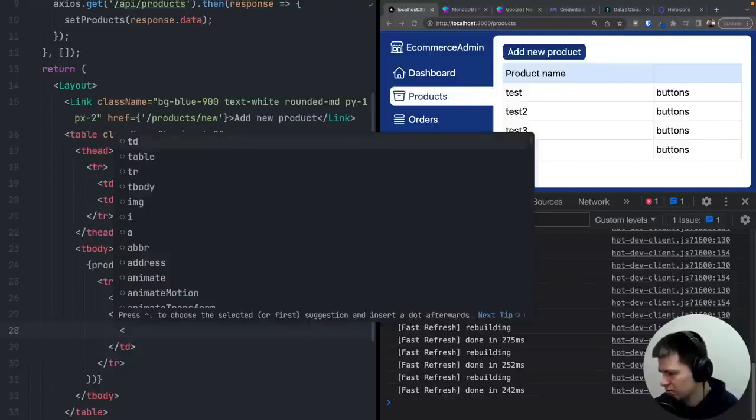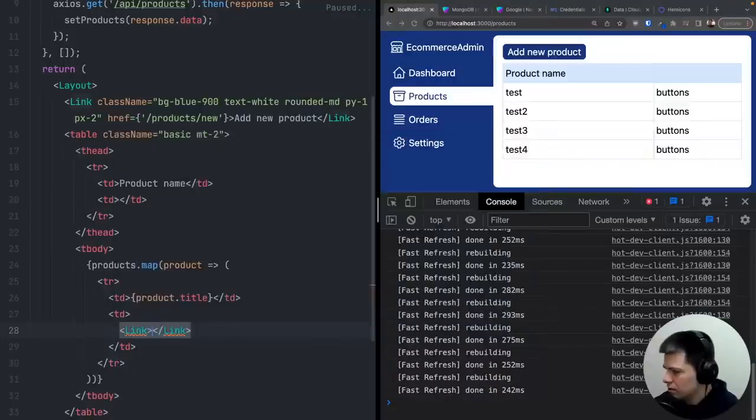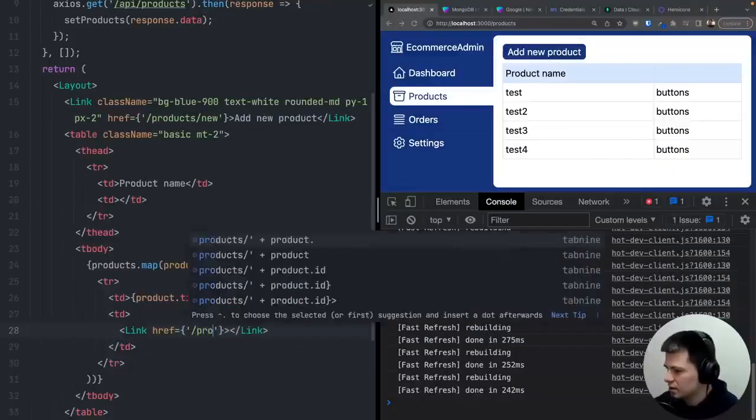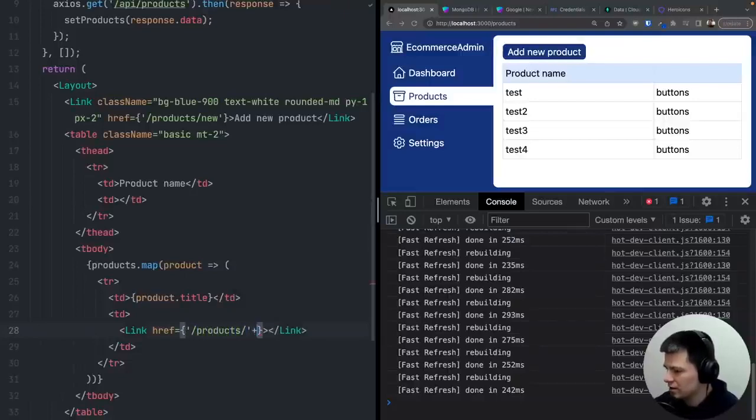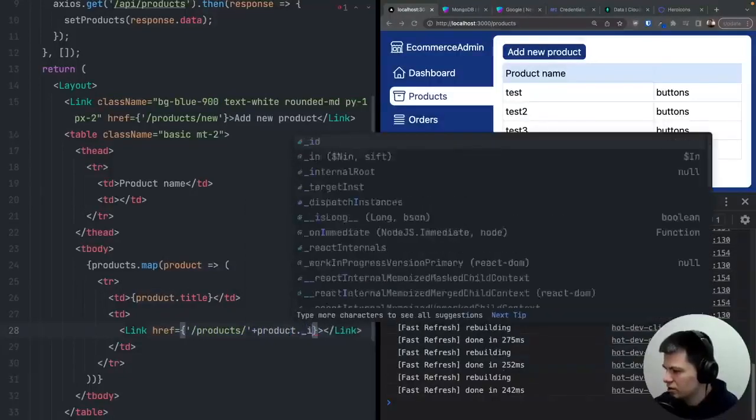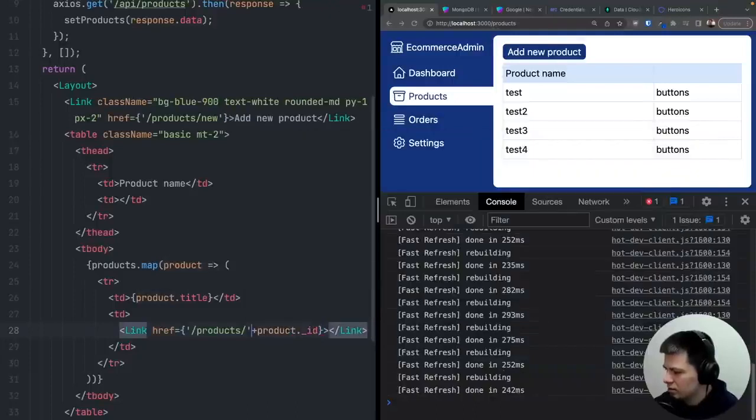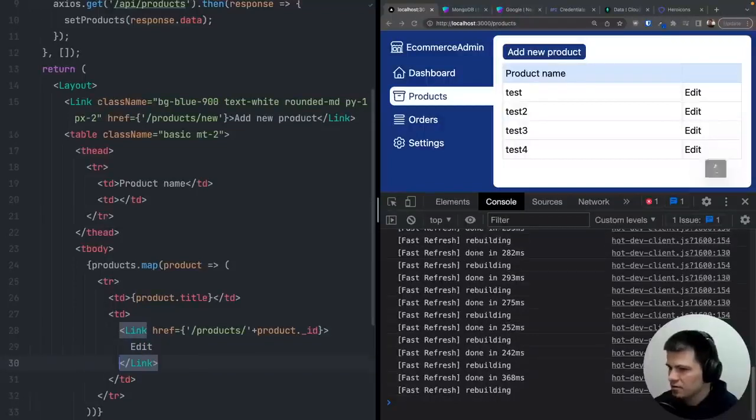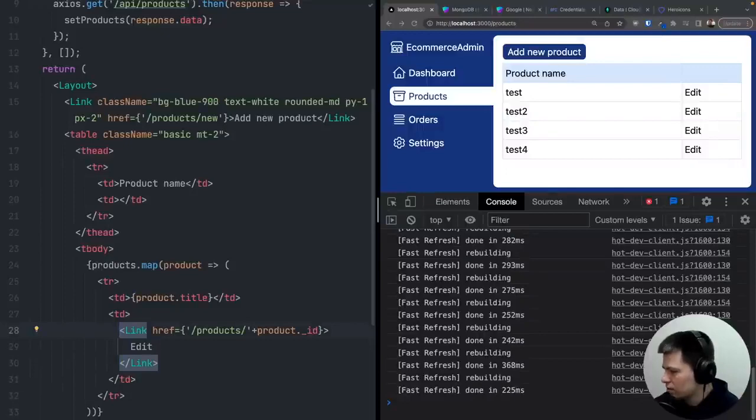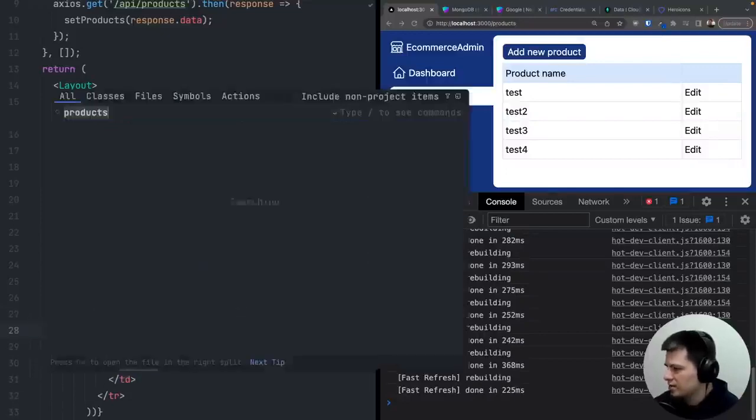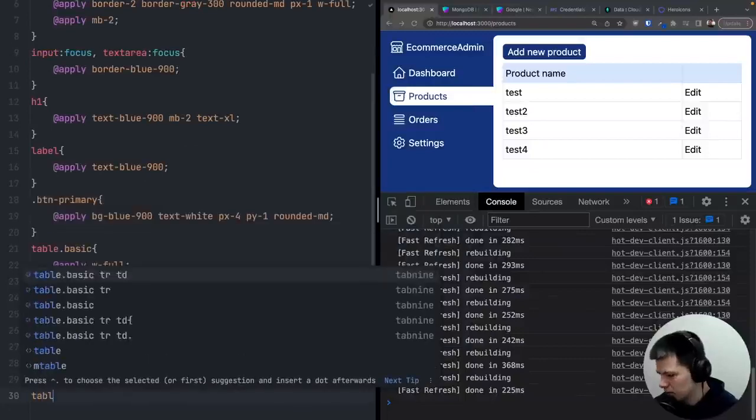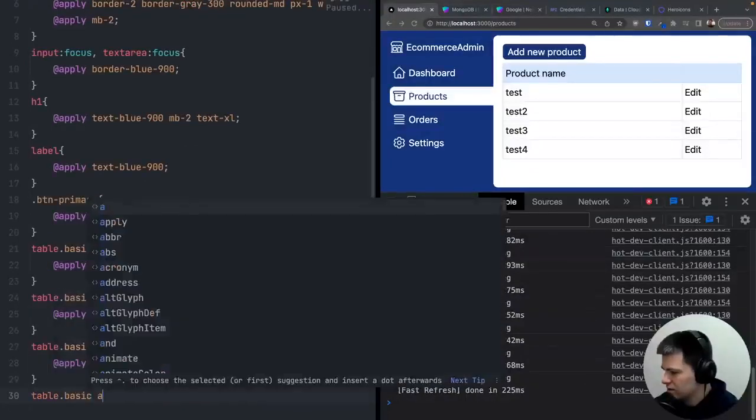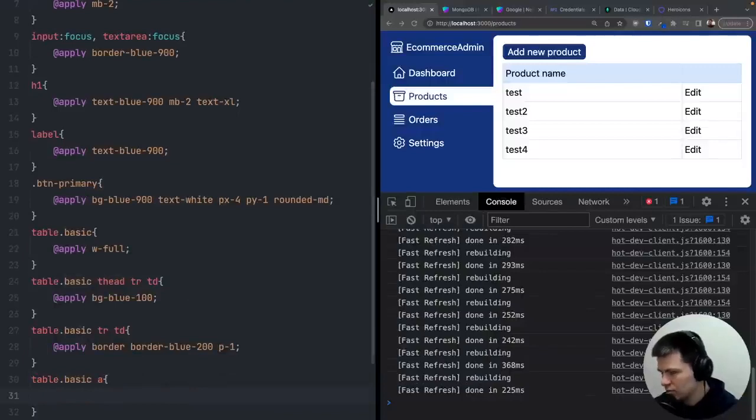So first button for deleting, or maybe editing. So let's do link, and here we need to add href, and the href will be to just slash products slash, and then let's add the ID of this product, the underscore ID, to the URL, and let's put edit here and put it in different line. Yeah, and maybe I will quickly even style here links inside this table basic a tag, and I want to make it